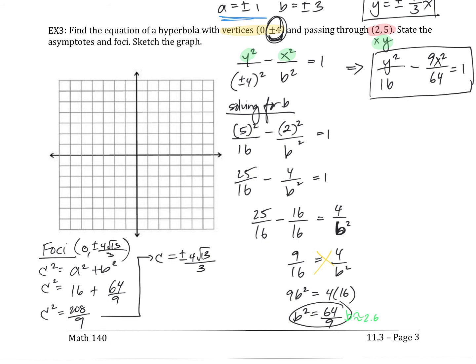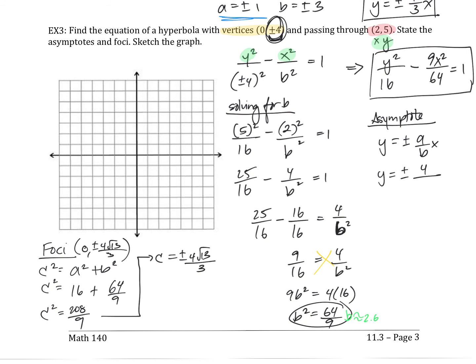Okay, so we've labeled our foci. We've got our a and b values. What are we missing again? We're missing the vertex and the asymptotes. So go ahead and draw asymptotes here. Once again, labeling work is really helpful, especially if you don't have as much space. So since the y was first, we know the a value is going to be on top, so it's going to equal plus or minus 4 divided by